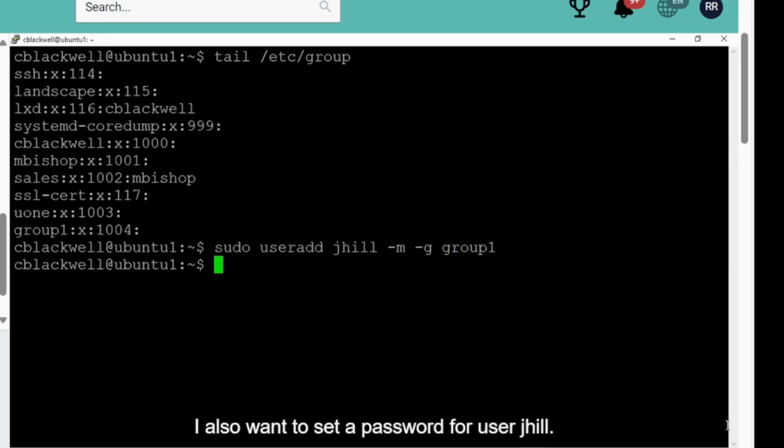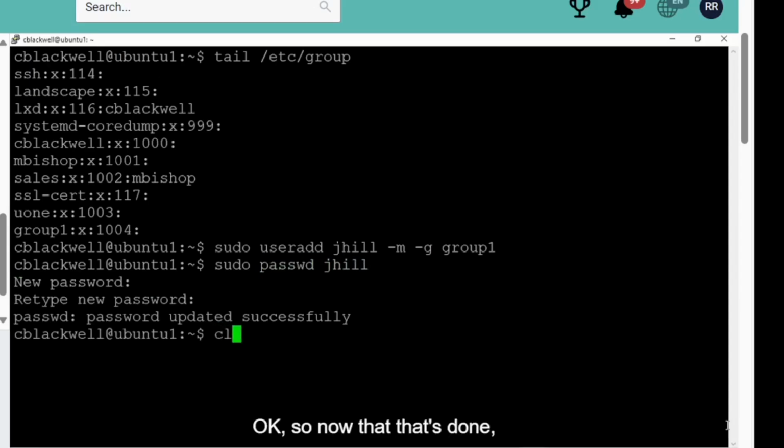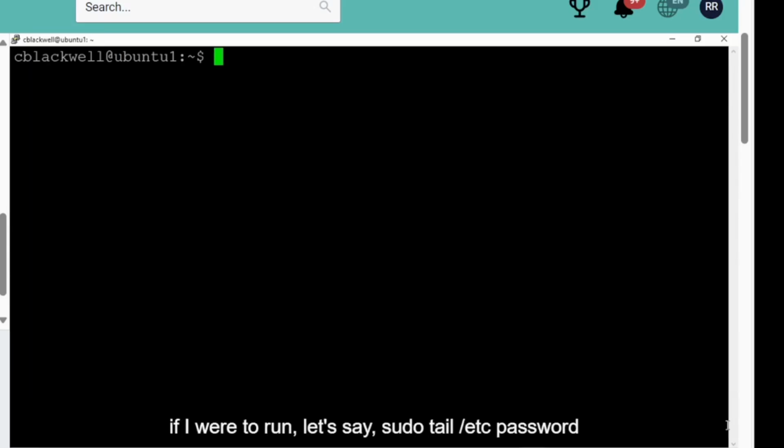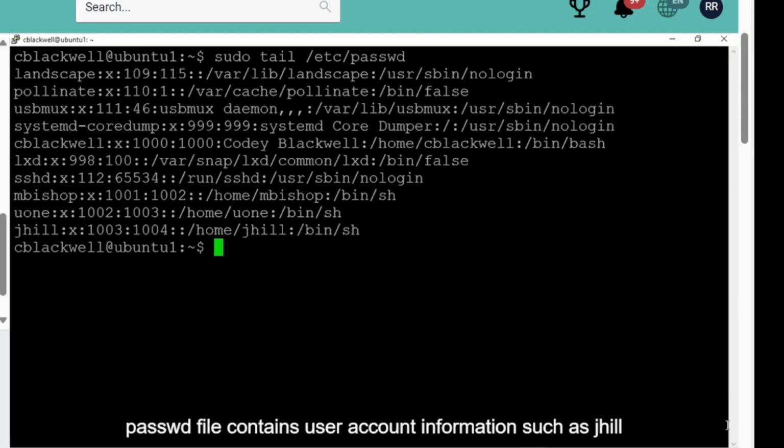I also want to set a password for user jhill, so sudo passwd jhill, and I'll set and confirm a password for that new account. Okay, so now that that's done, if I were to run, let's say, sudo tail /etc/passwd, the password file contains user account information, such as jhill, and the fact that there is a home directory for that user,